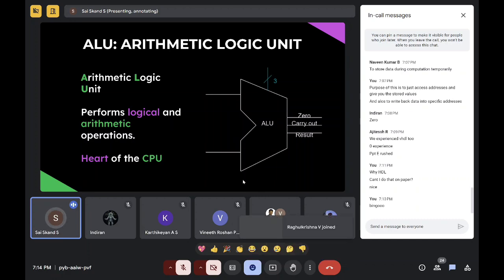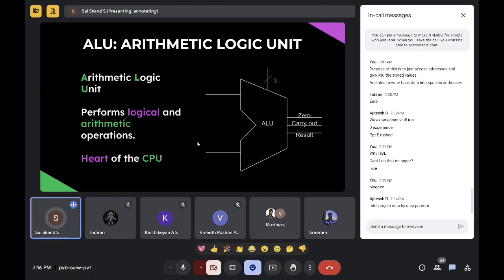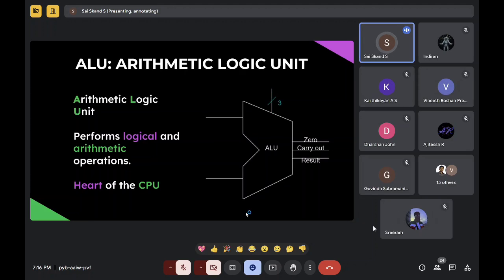So we are just going to simulate and test the functionality, we're not doing anything else. I'm showing this demo using Modelsim. It's just a simulation tool. I'm just going to show you how it's working. I guess you are already familiar with VHDL, so it's very similar. We are going to go step by step.